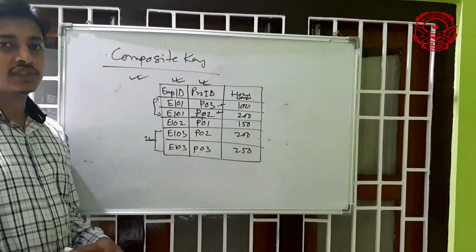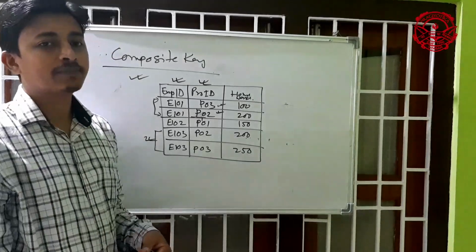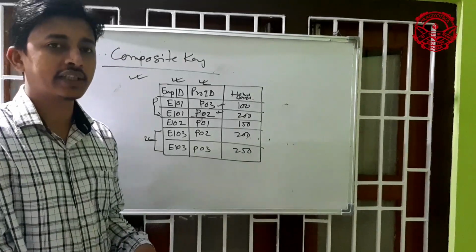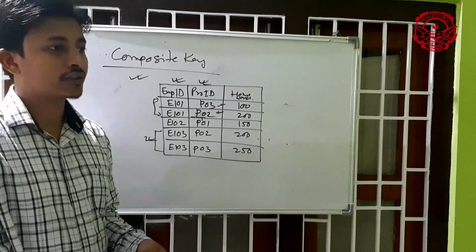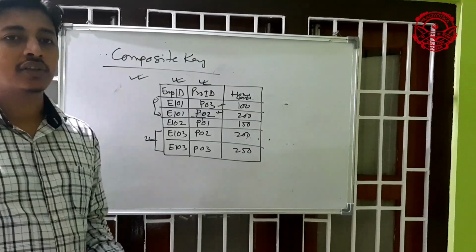So today we discussed this key session and key features: what is a key, what is a primary key, what is a composite key, what is a candidate key and what is an alternate key. Okay, and also we discussed tables, records and fields.